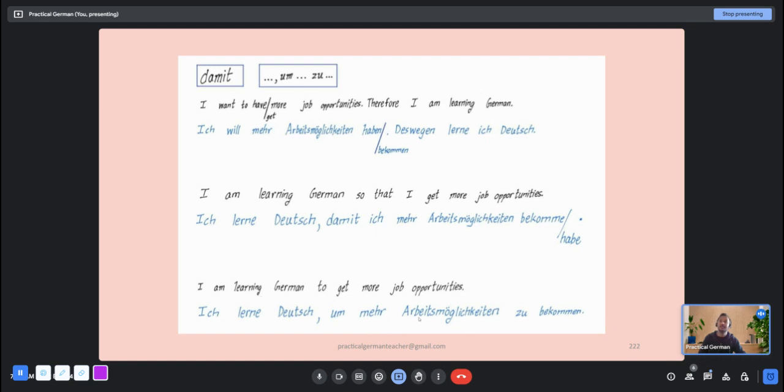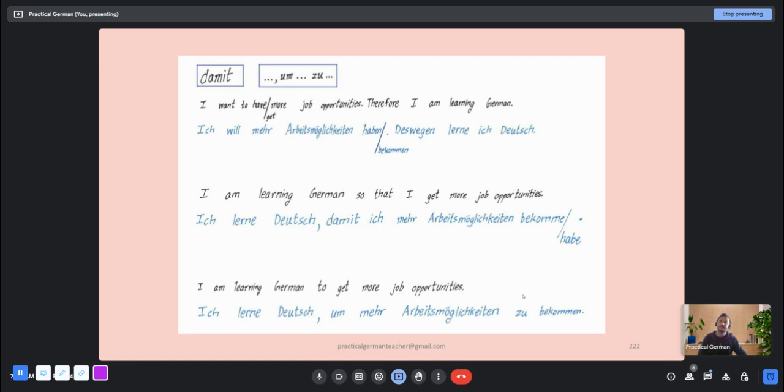So instead of I am learning German to get a promotion: ich lerne Deutsch, eine Beförderung zu bekommen. I am learning German to get promoted: ich lerne Deutsch, promoviert zu werden. Okay, now this is complex actually. But if you want to say something like blah blah to get blah blah, or blah blah to blah blah, you have to say it this way. We can use the same format to say anything.